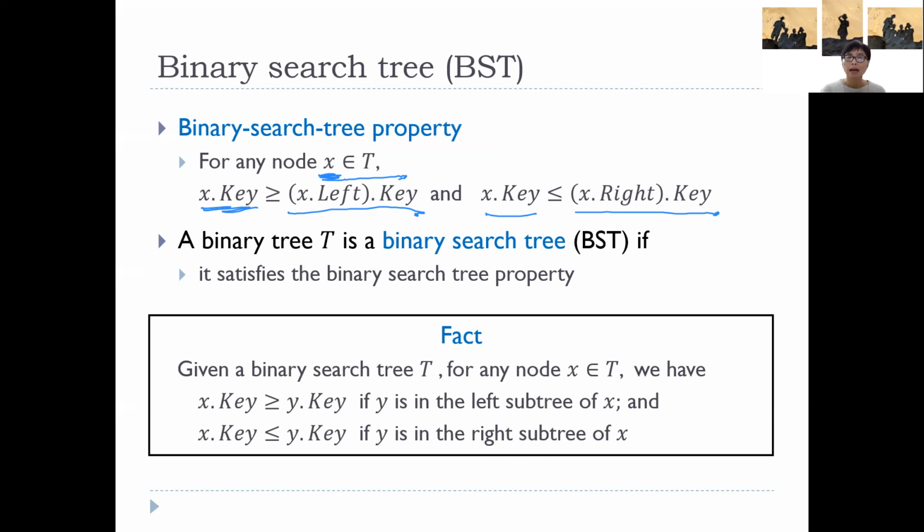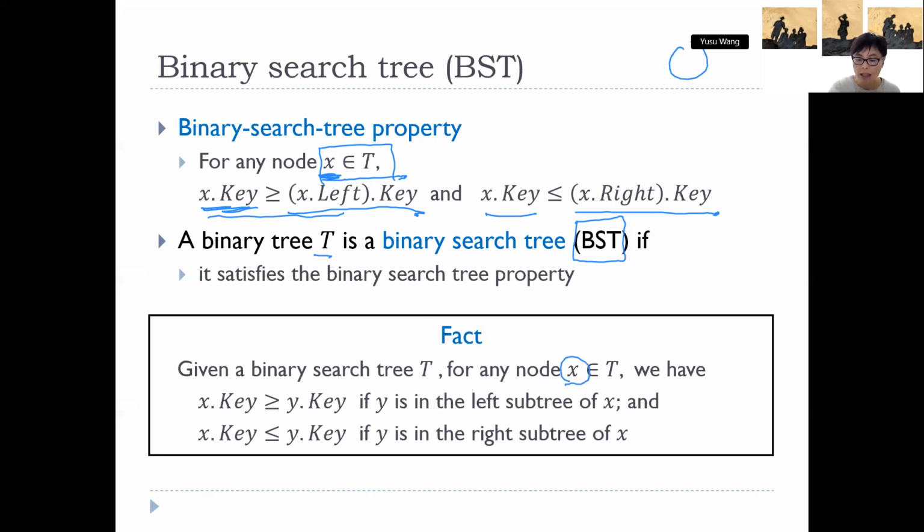Okay, and a binary tree T will be a binary search tree, which I often use BST to represent, if it satisfies this property, if all of the nodes satisfy this property. Okay, and it's not hard to convince yourself that even though this property just says that for every node, we only compare the value at the node with its left child and the right child, it's actually easy to convince yourself that as a consequence, in a binary search tree, for every node x,